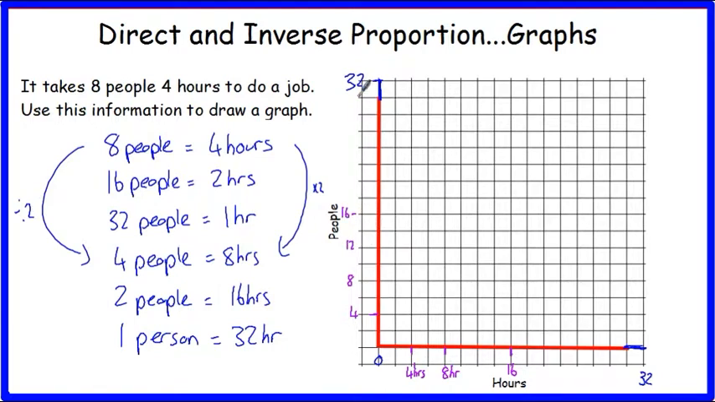Let's see what this graph looks like if I plot it. 8 people, 4 hours. 16 people, 2 hours. 32 people, 1 hour. 4 people, 8 hours. 2 people, 16 hours. 1 person, 32 hours. And that graph